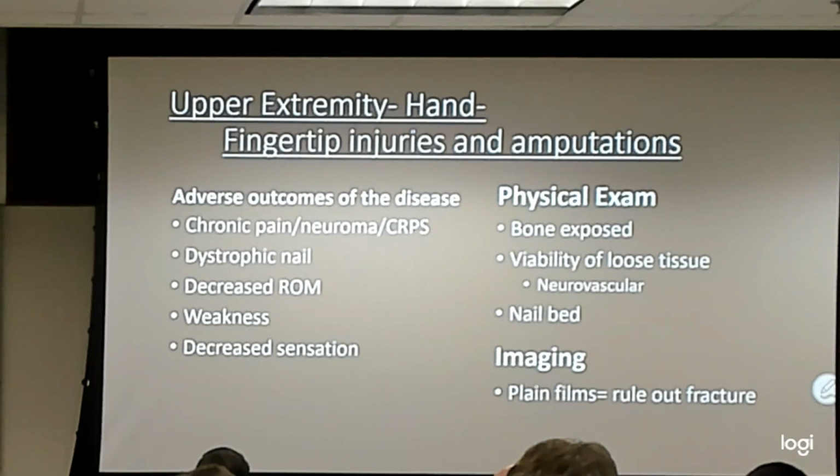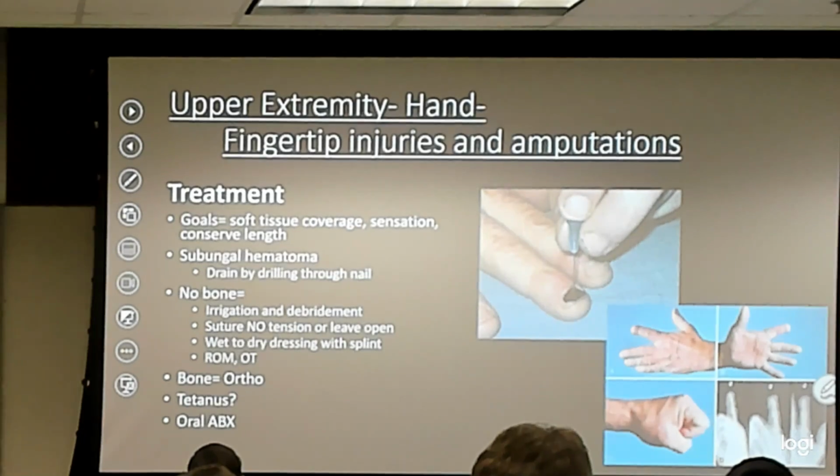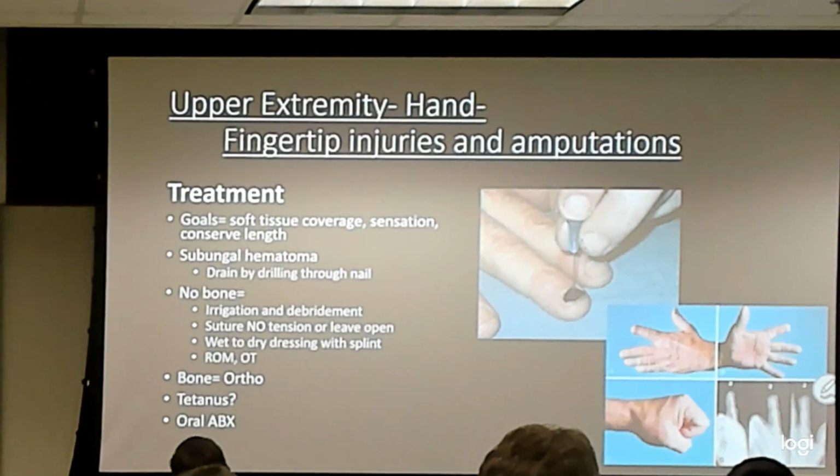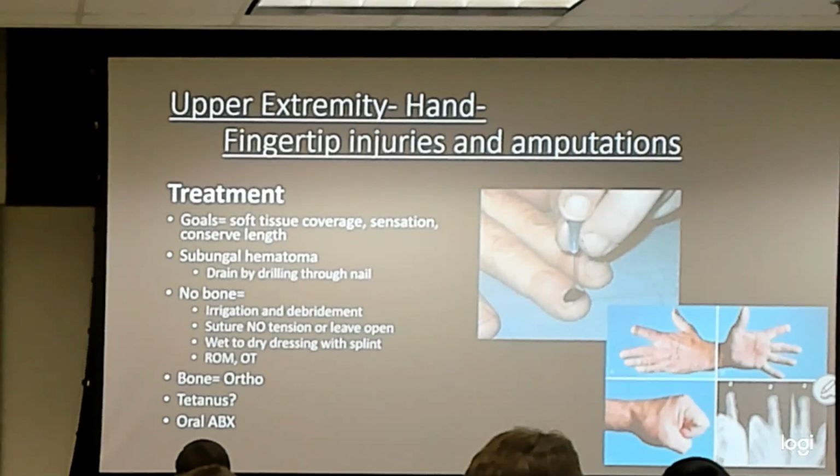For imaging, we're going to get plain films mostly, because we need to see where soft tissue and bone structures lie relative to each other to help us figure out where we're going to go from there. Our goals are to get soft tissue coverage that has some kind of protective sensation. We don't want insensate tissue out at the extent of the body where it can get injured. And we'd like them to have length if we can give it to them,